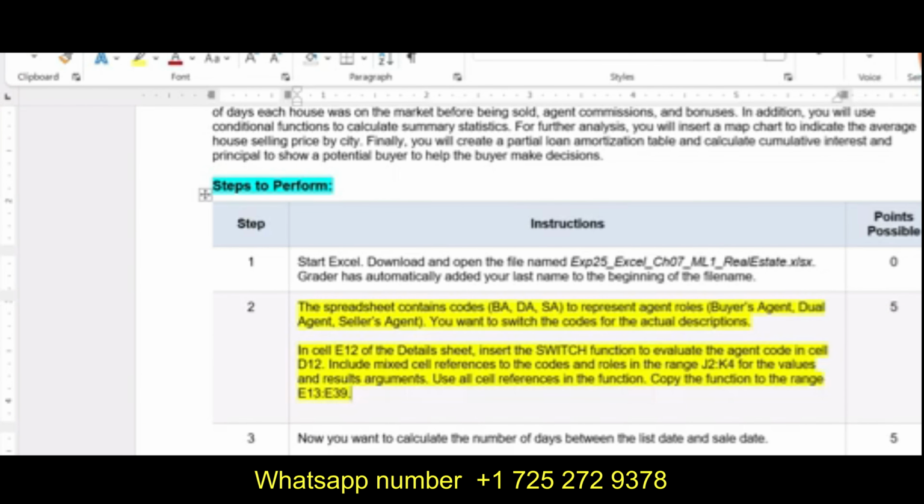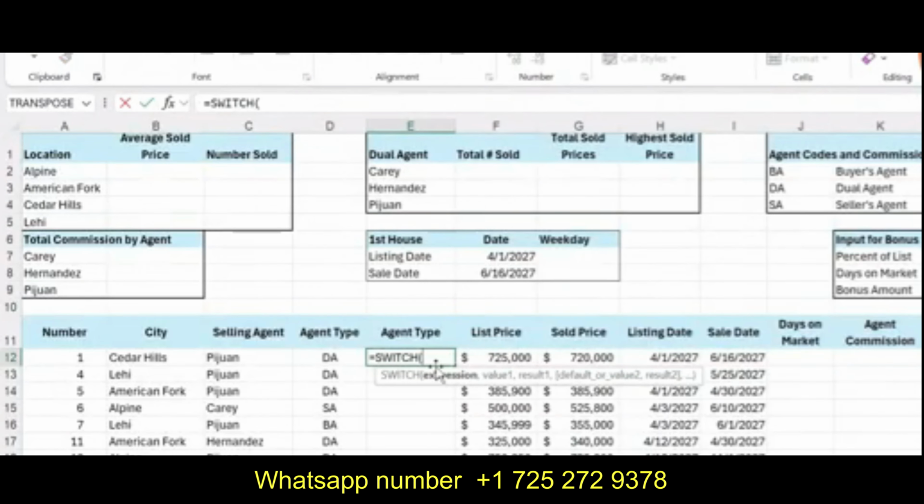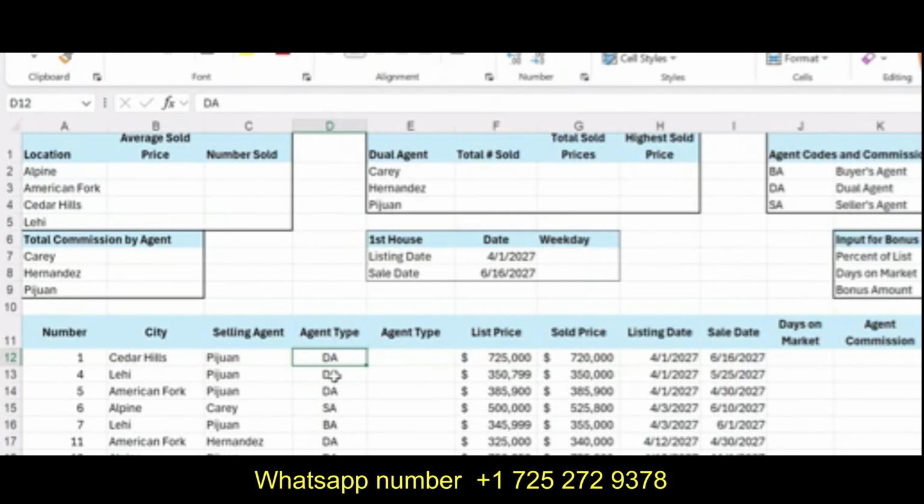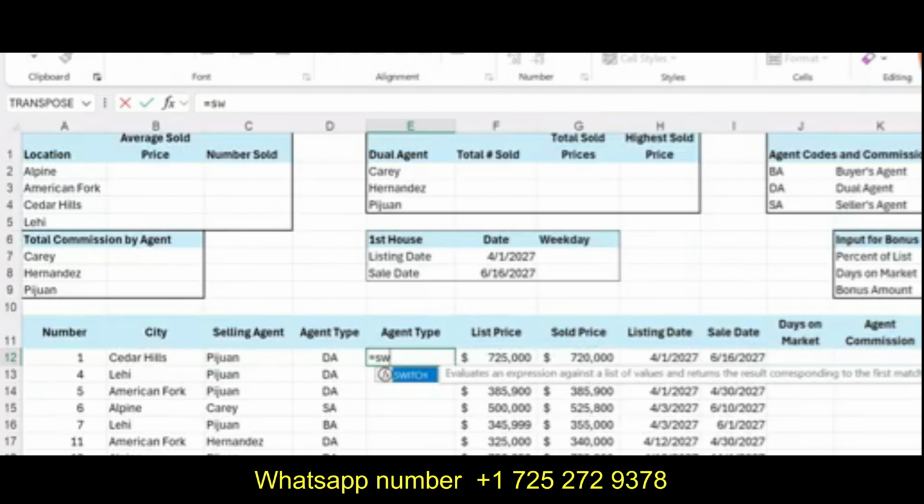Now we will go to the sheet and go to cell E12, and here we are supposed to use the SWITCH function so that it switches the agent types given in column D to the agent type as a complete name.